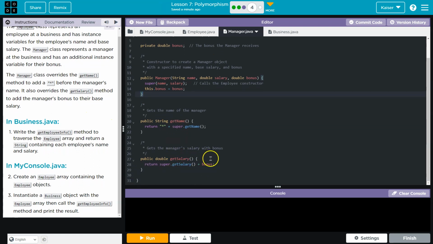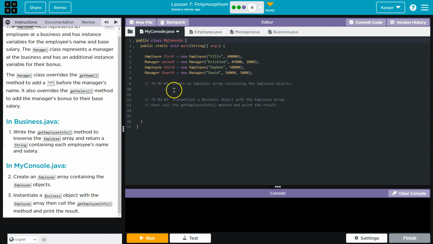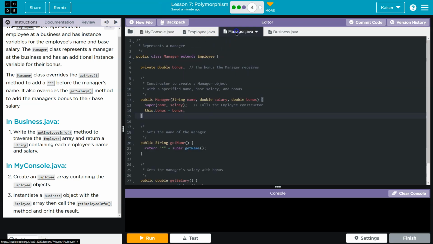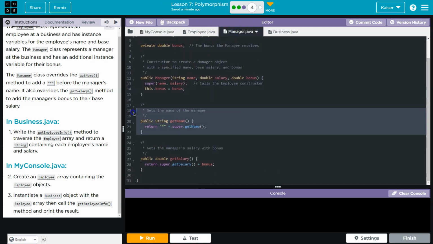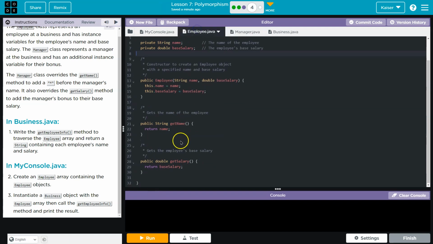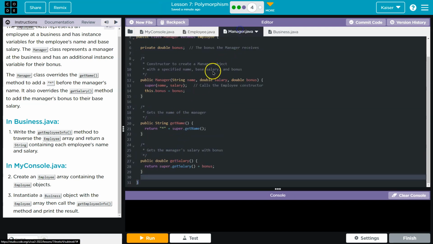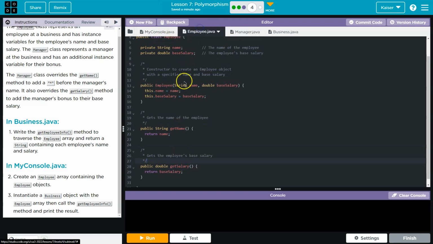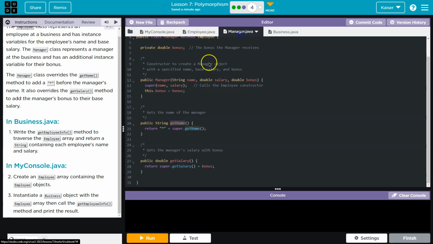And when they say override, guys, keep in mind what they're saying is if we were to call it on a manager, so manager here, second, if we were to do second.getPay, now if these didn't exist, getName or getSalary, what would actually run here is these, getSalary, getName. However, since manager has its own methods, those run. So it overrides the superclass, manager is extended from employee, it overrides those methods, and what we mean is these